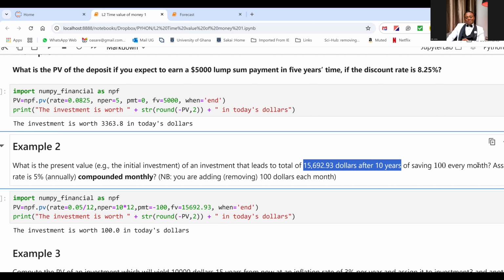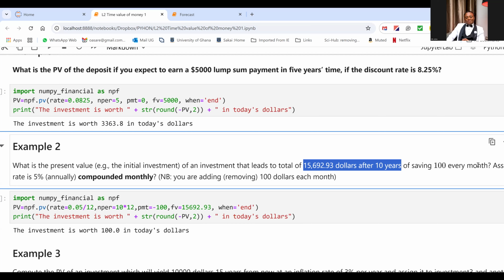So obviously, any amount like 10,000 will not work, because every month you are putting in 100, and this is 10 years. So by a little bit of gumption, a little bit of thinking, you will come to realize that the only amount I have to put in for today, just today, is just that amount of $100. Of course, even if you don't know that, the amount should never be more than 15,000. So it is about understanding the